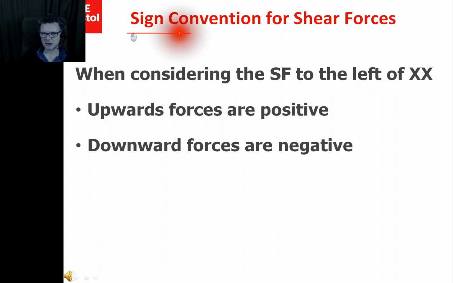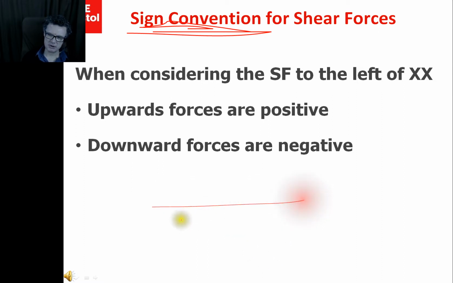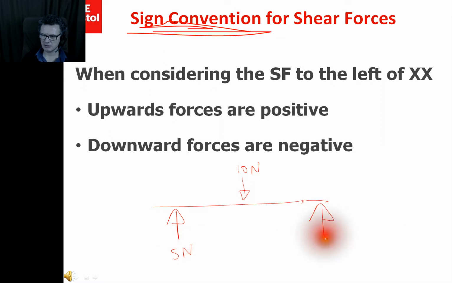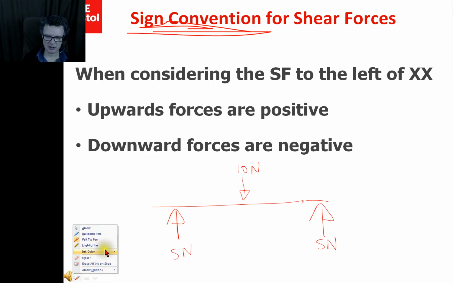And for my sign convention, we need to have some cool music, because we're going to have a cool sign convention, as I was describing. I've got my beam, I've got a load here, say of 10 newtons, and then we're going to have two reactions, 5 newtons there, 5 newtons there. And the convention we'll be using is that, let's choose a different pen color,